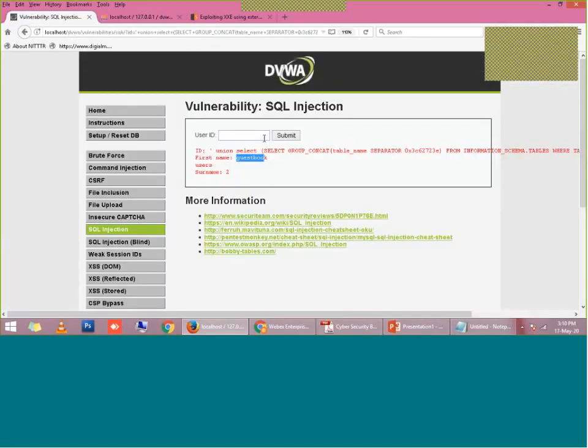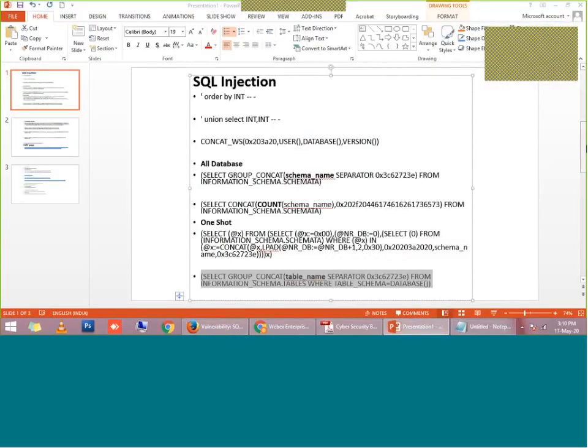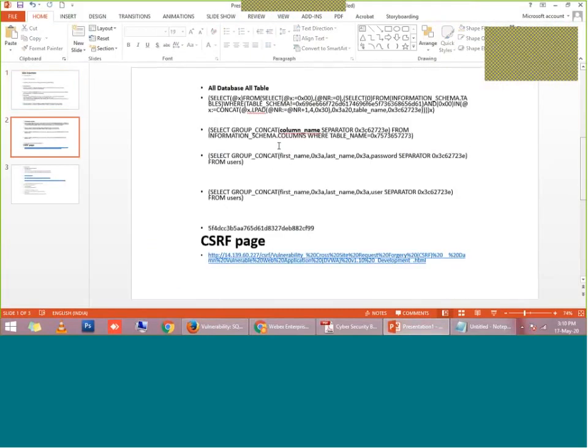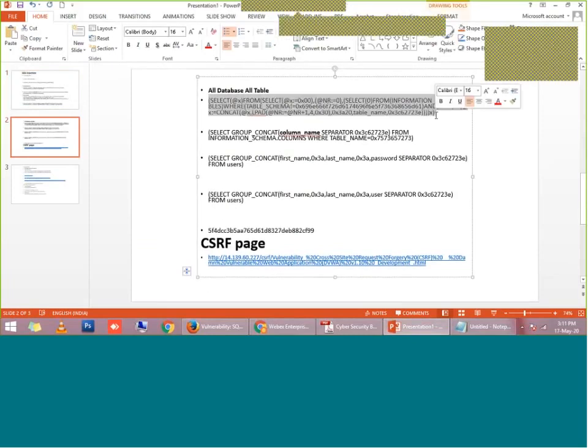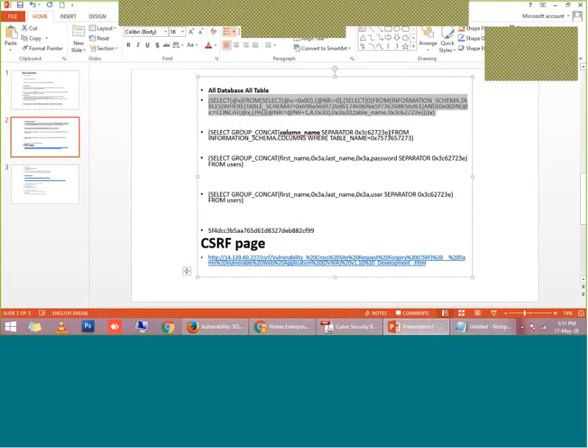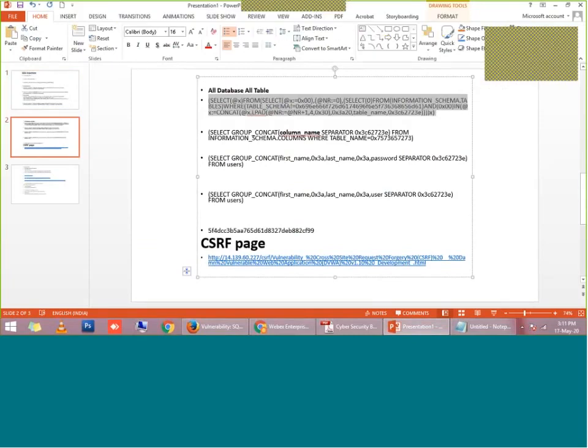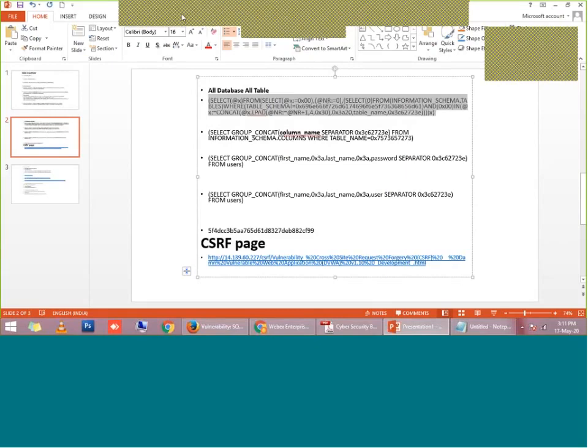So now you can imagine how much danger it is. Sitting remotely, the hacker is able to know your complete database structure, your table names. Now I am going to fetch all the table names which are available. One minute, sir, let me complete this SQL injection, then we will take the feedback. Just two more payloads remaining.